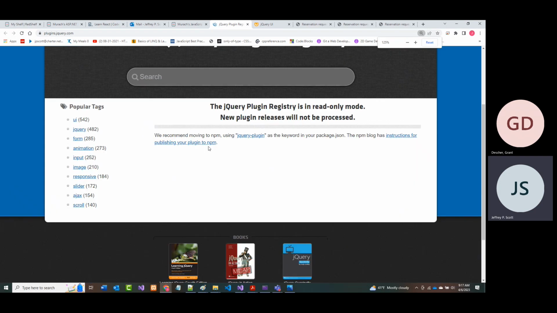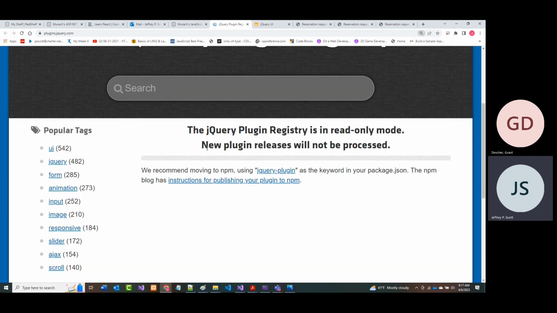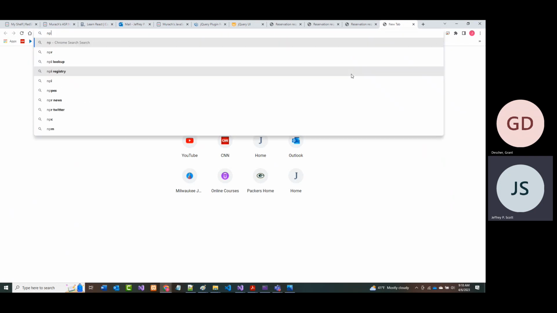But if you look at the message, it says we recommend moving to npm using jQuery plugin as the keyword in your package.json. I don't expect that to make any sense. But again, those of you who next semester will be taking the AWD1111 class, which is the database-driven website development class, just so you see this, I'm just giving you a prelude to it, but I'm going to go out to